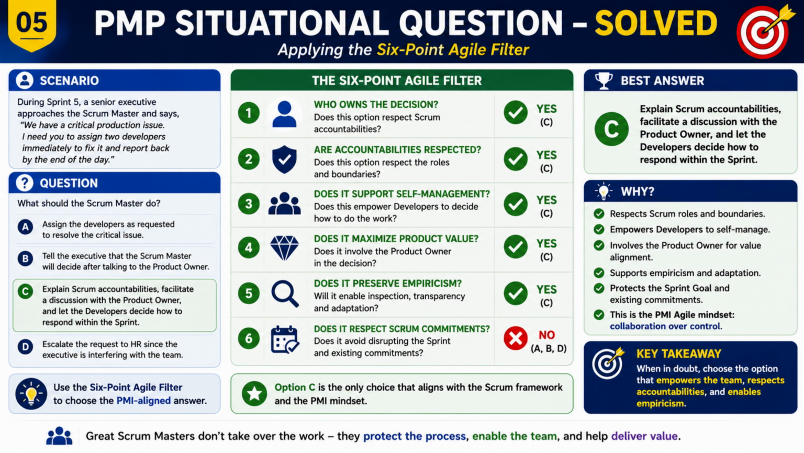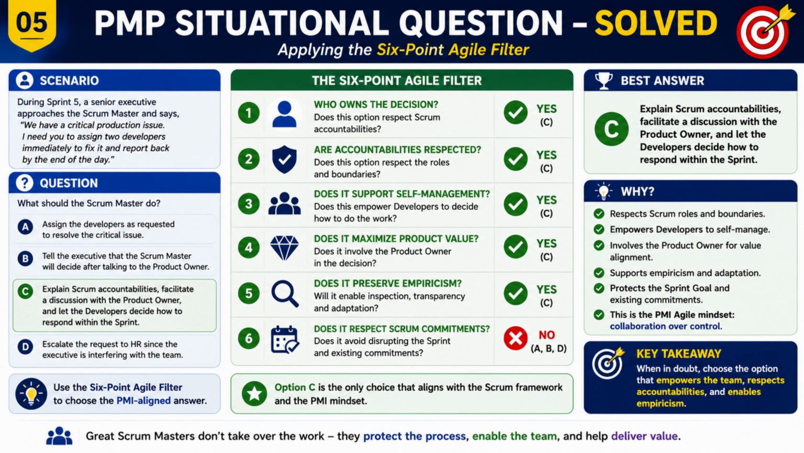Second, are accountabilities respected? The product owner is responsible for maximizing product value, while developers decide how to accomplish the sprint goal. We must preserve those role boundaries. Third, does the option support self-management? The correct answer empowers the developers to determine how they will respond rather than having someone assign tasks to them. Fourth, does it maximize product value? A production issue may indeed affect customer value, so the product owner should be involved in evaluating the business impact